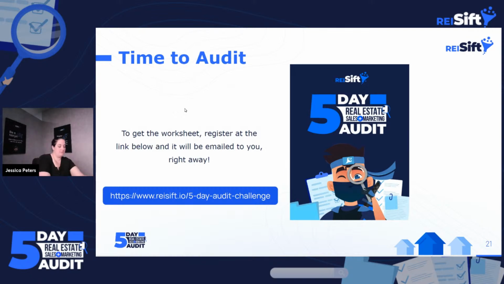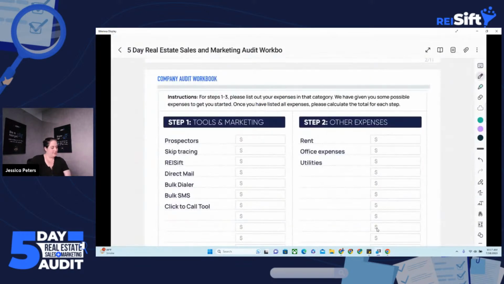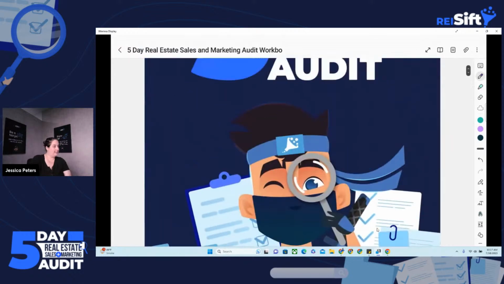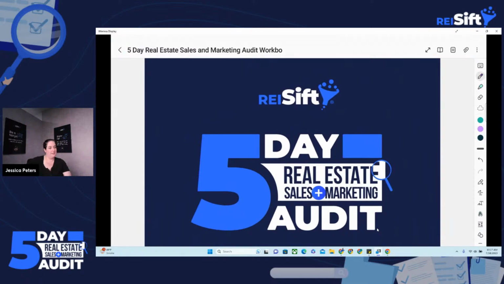I'm going to switch over to my tablet, so give me just 1 second. So I downloaded mine to my tablet and I write on my tablet. You can do that. You can print it and write on it. Sometimes people have something like Adobe and they type on it, whatever works for you. All right, let me switch over there. Hopefully it's still connected. It is. All right, so this is our audit workbook. Looks like you guys can see it, but let me know if you can't.